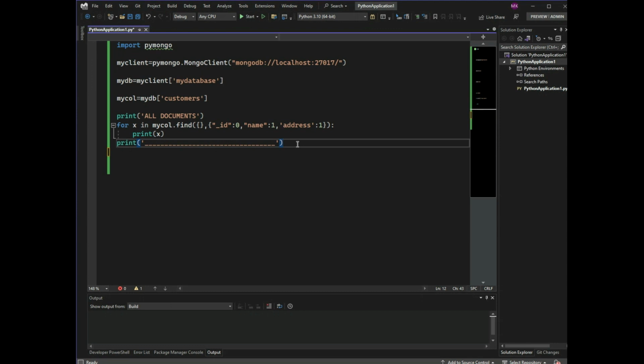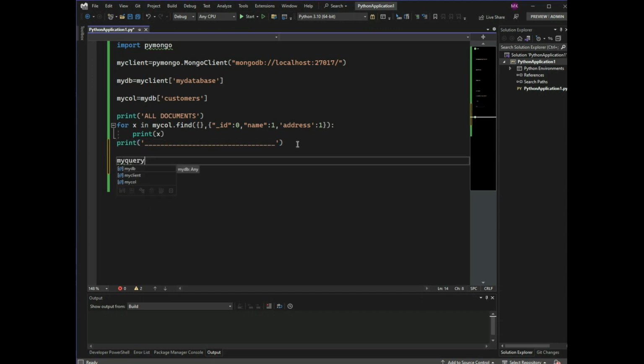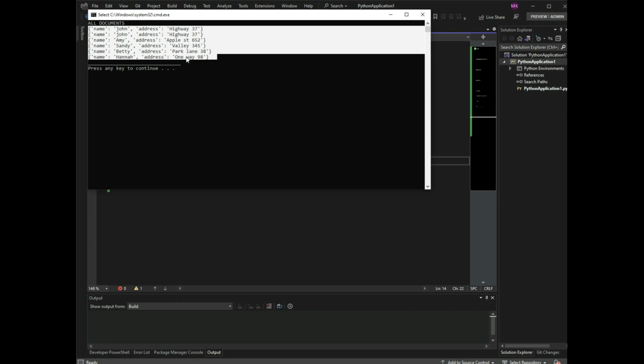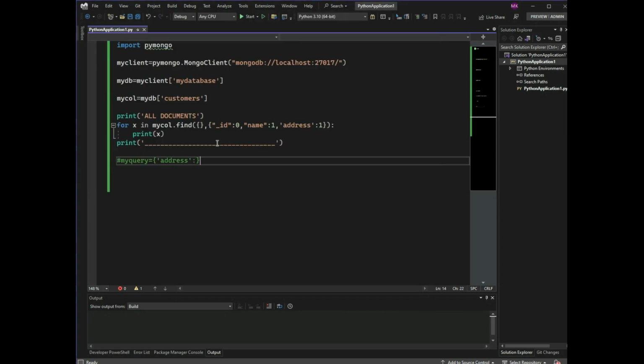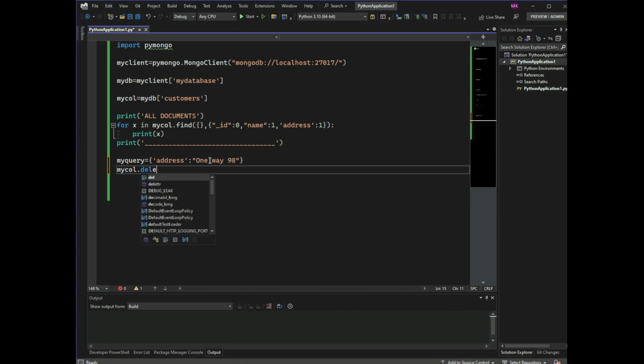So, my query is address, and so comment this, run, and we have these documents. So delete for example this document. So my query address is this, and Michael dot delete